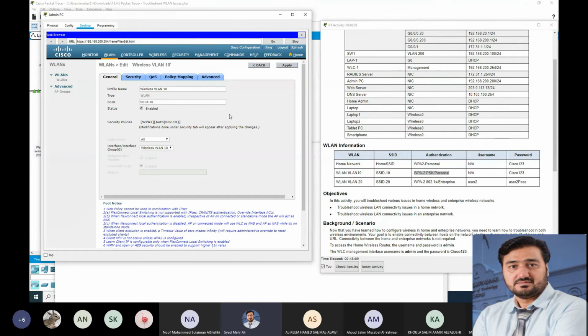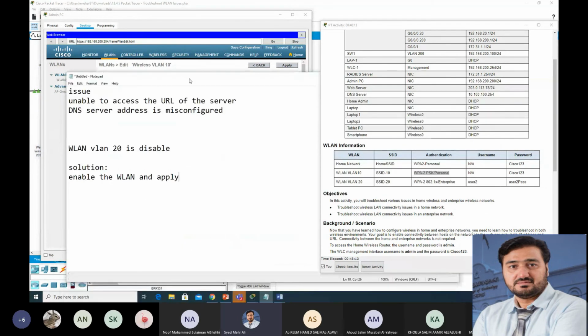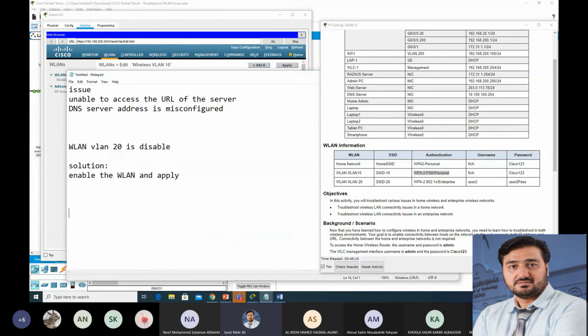Okay. Meanwhile, we need to write. So how can you document? Second thing: wireless LAN VLAN 10. What is the issue?